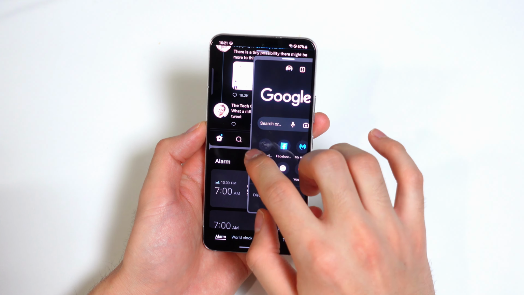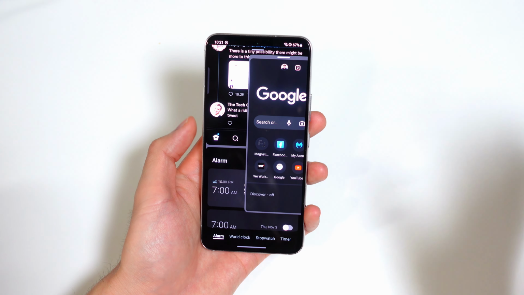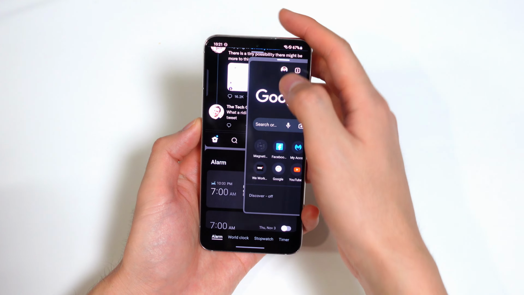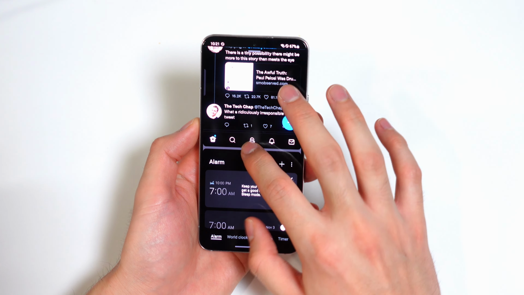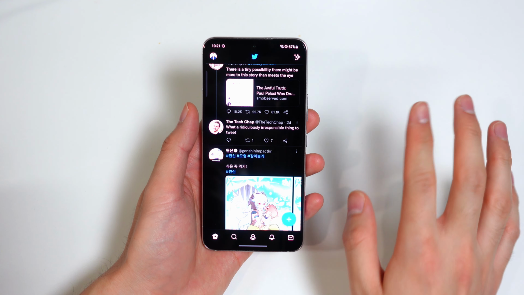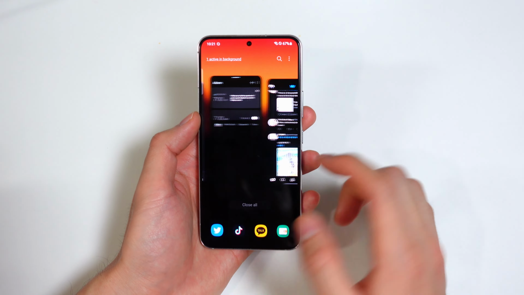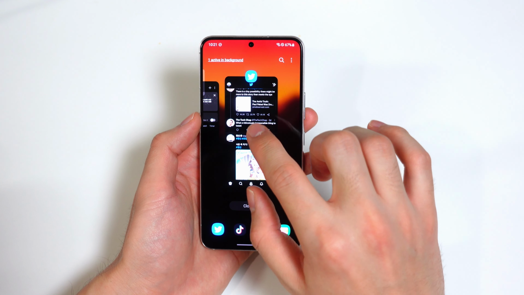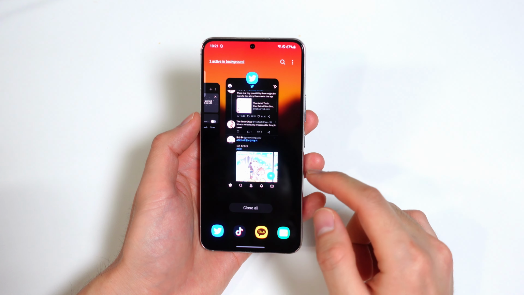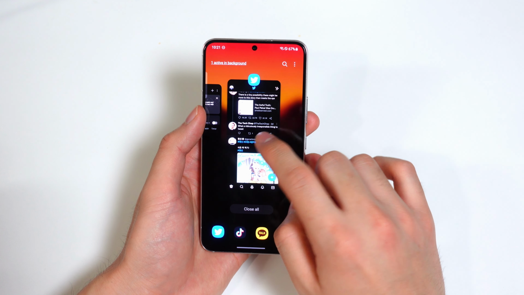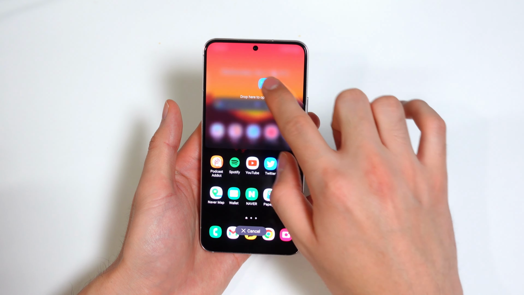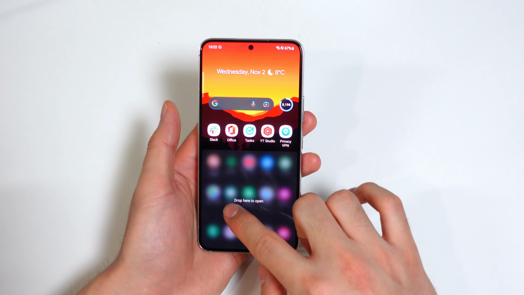Look at that. You have a pop-up view and 2 apps open like that. Amazing. I love it. I know it's crazy, but I love features like this. And the new features for multitasking don't end there. If you're in the recent apps view, let's say you want to open this in a split screen view or a pop-up view, you can just hold it, and it gives you all those options.